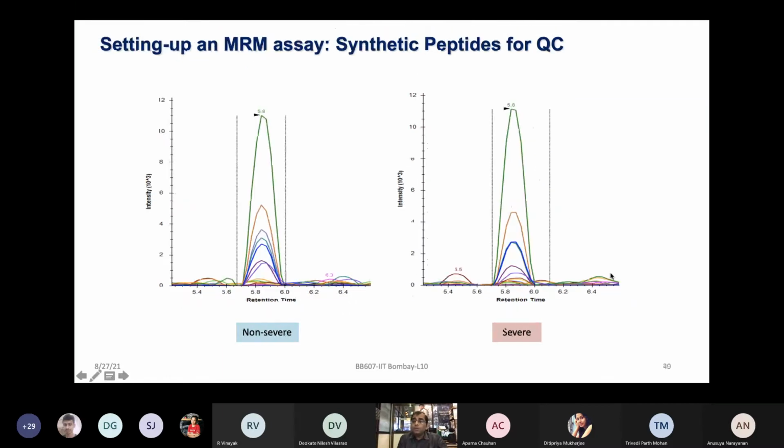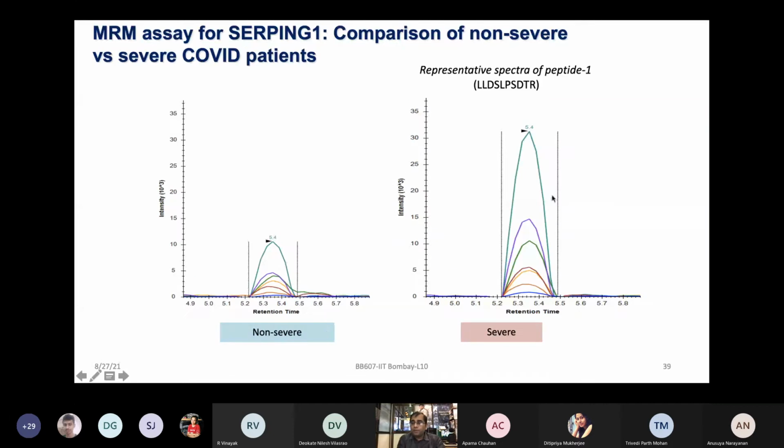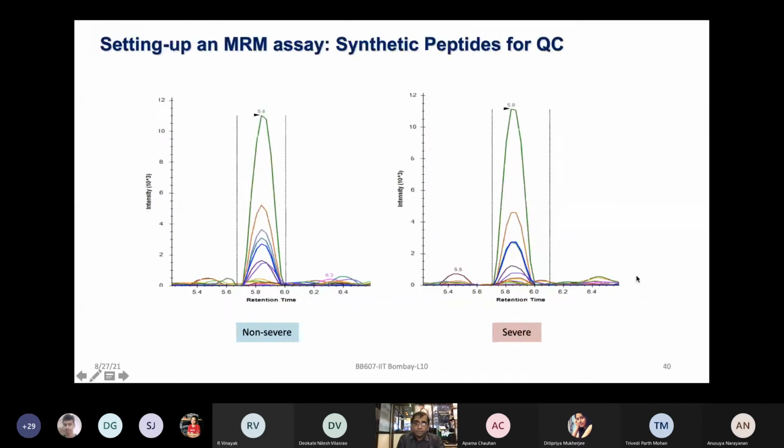But while doing so, you need to be sure you are not biased in your sample processing, or that you have not wrongly quantified your sample. So you are also running the synthetic peptides. Now the same non-severe and severe samples are run, but you have spiked in a chemically synthesized synthetic peptide, which you are also monitoring, and that shows that the synthetic peptide looks pretty uniform in both groups of samples, non-severe and severe. It means we can definitely move forward with this type of analysis and be reliable about the quantification of my unknown samples.